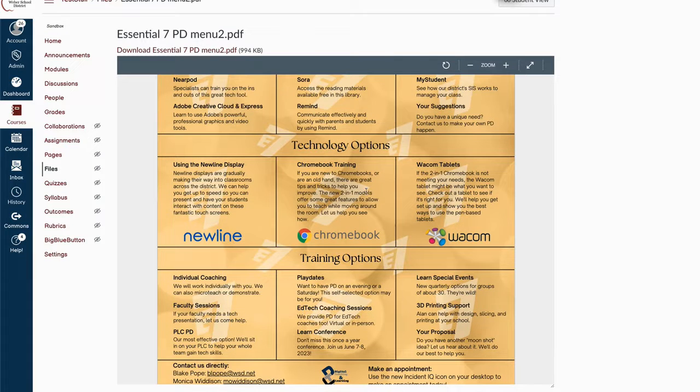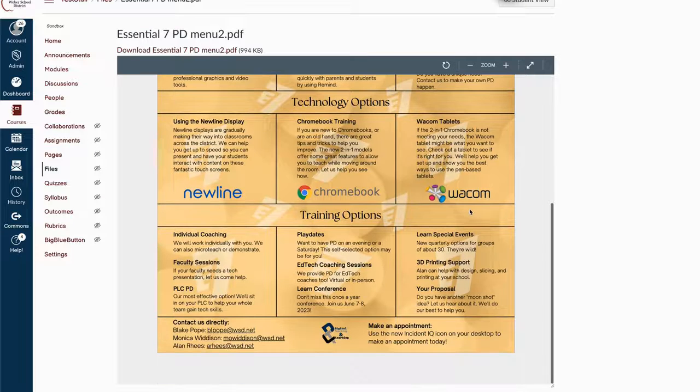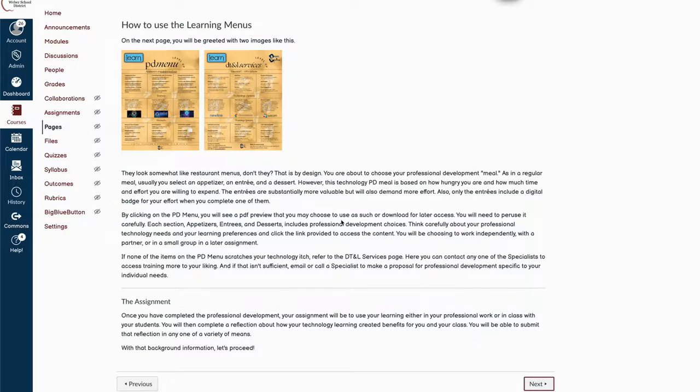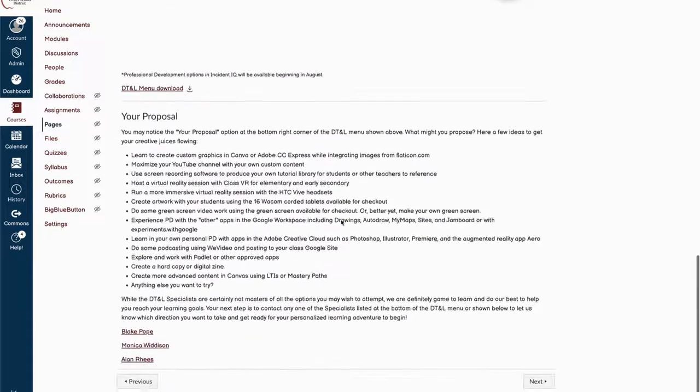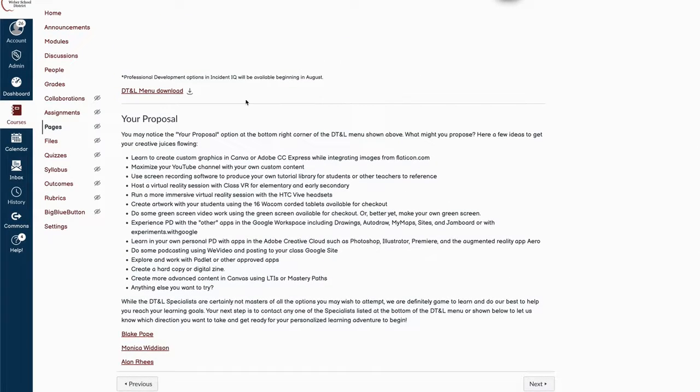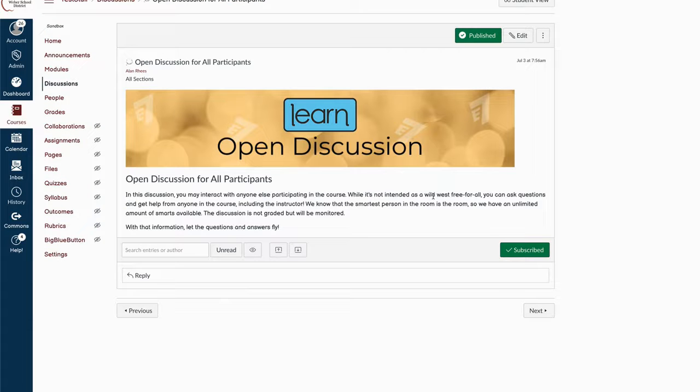The technology options here would be our hardware, the Newline displays, Chromebooks, Wacom tablets they can use. Down here at the bottom would be information about how they can receive training, whether it's individual during PLCs, a playdate, a special event for Learn, or just a proposal. And if we come back here and move to the next item, you can see that the proposals down here, I tried to give them as many possible options for proposals that they could come up with and contact us to make an appointment. From here, this would be an open discussion for anyone to participate, and that's hopefully where